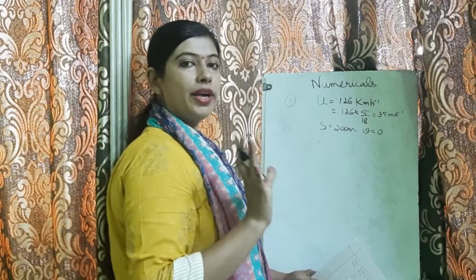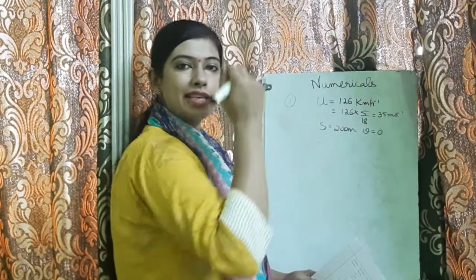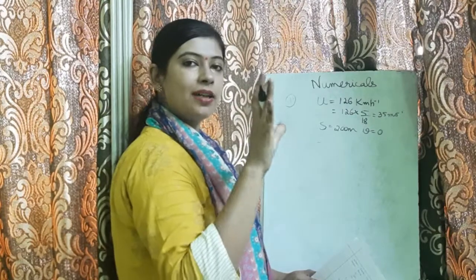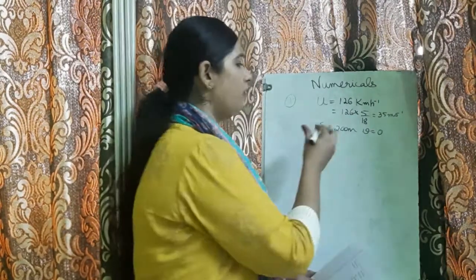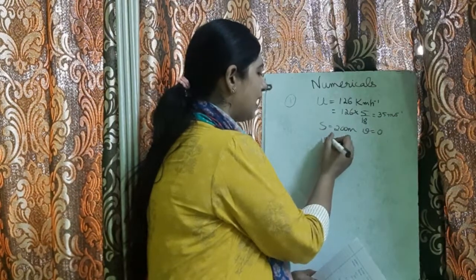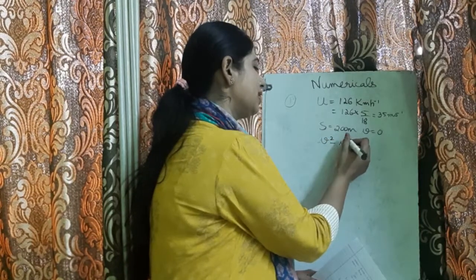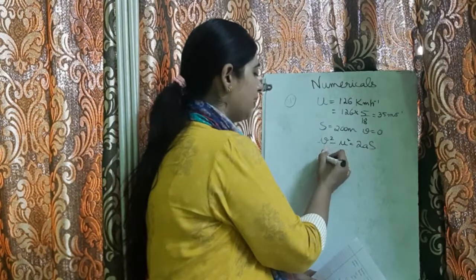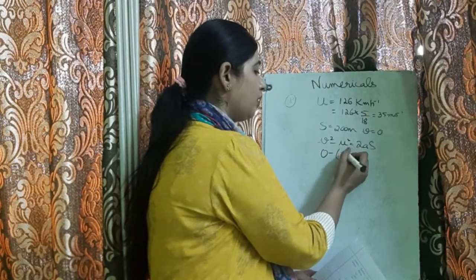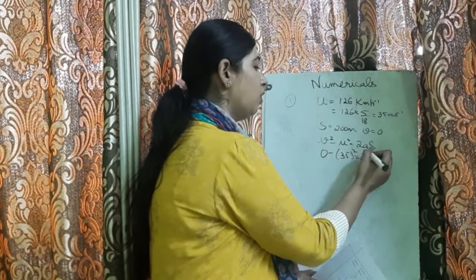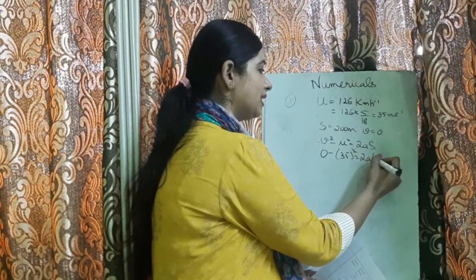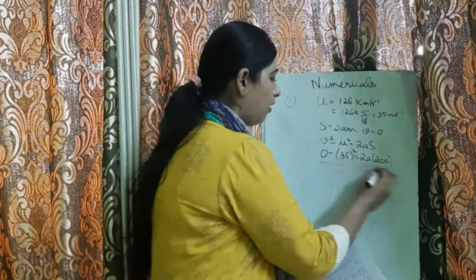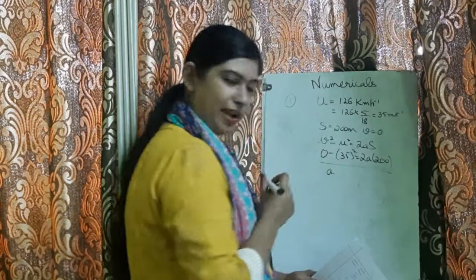Because if we are stopping the body, obviously we are decreasing its acceleration, then only it will stop. So we will apply the formula here as v square minus u square is equal to 2as. Substitute v is 0. The value of u is 35, is equal to 2, a you have to find, the distance is 200. Solve it and get the value of a.